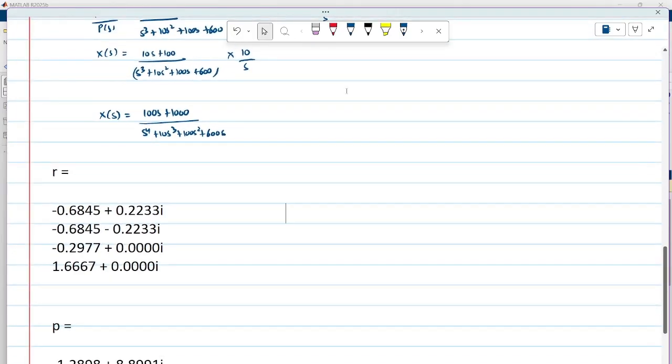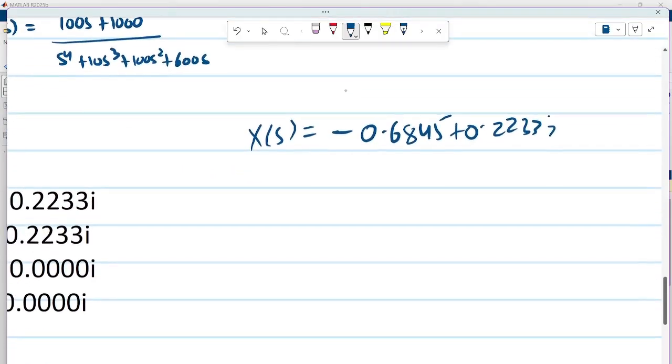So from here you can write the partial fraction for this one as X(s). The first was k(s), that is nothing, there is no k(s). Second one was r1 divided by s minus p1. So r1 is minus 0.6845 plus